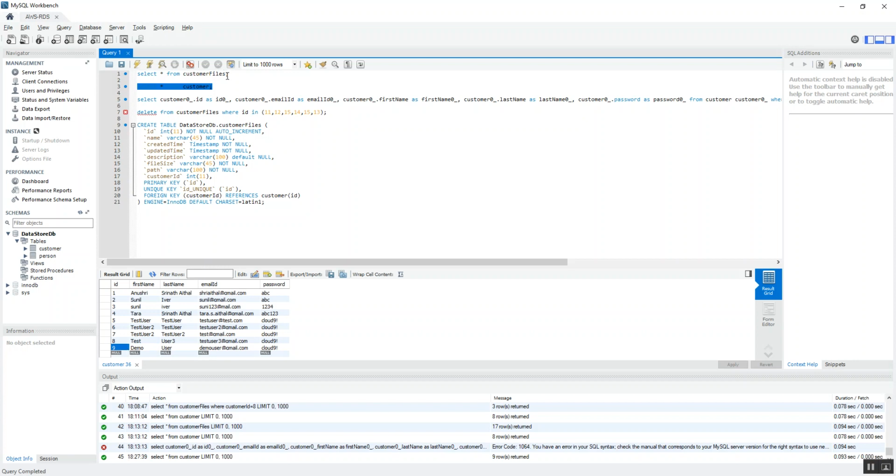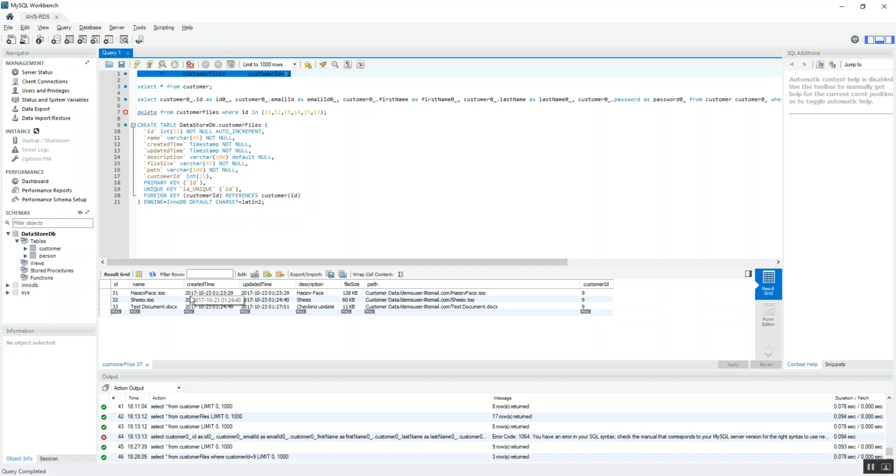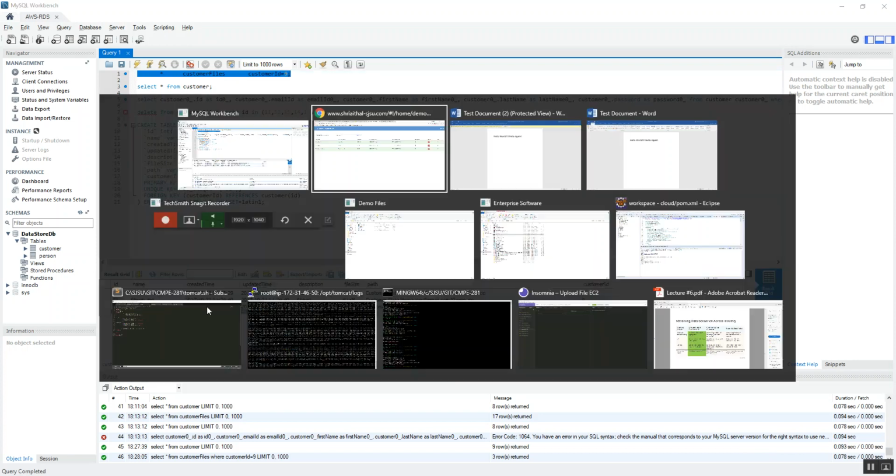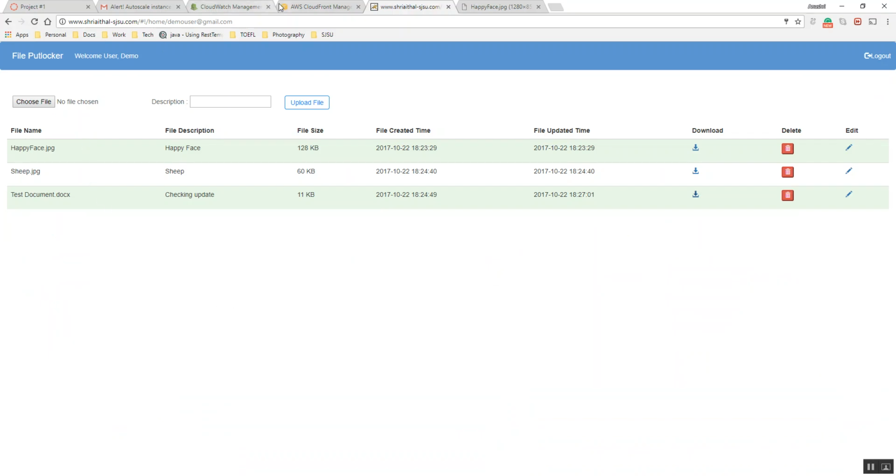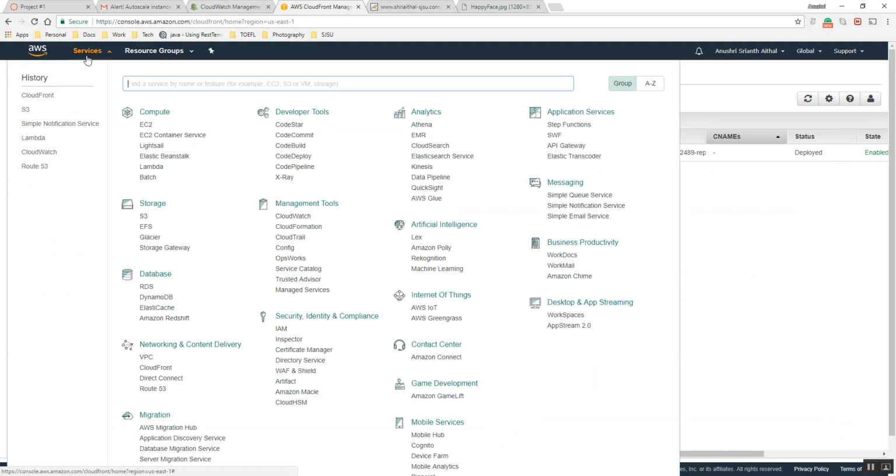And if I try to check for the files of the demo user, I have 3 files: happy face, sheep, and test document. So there are 3 files here, and in my S3